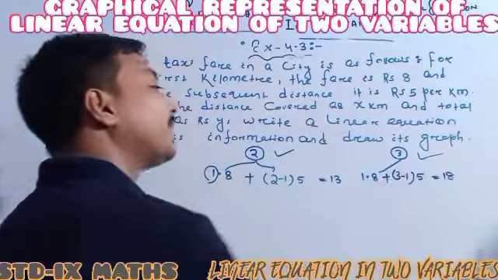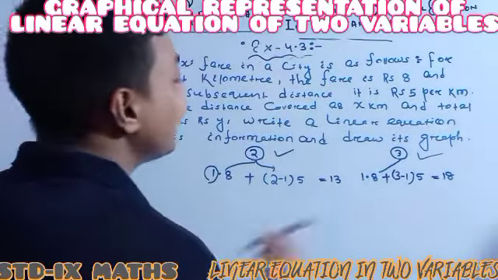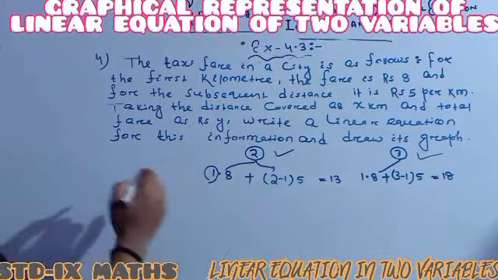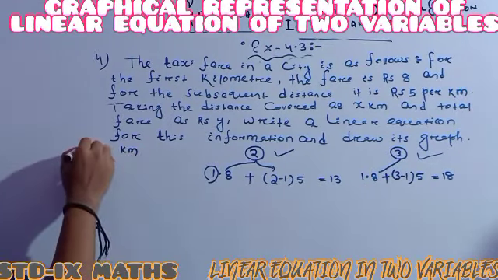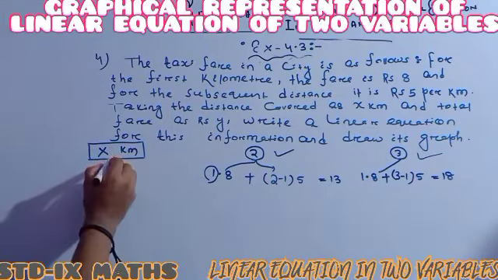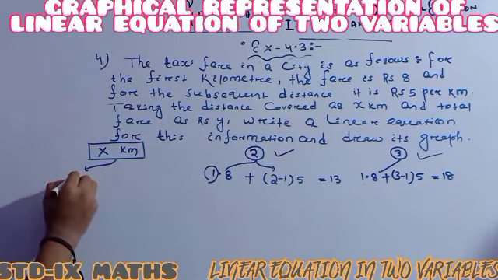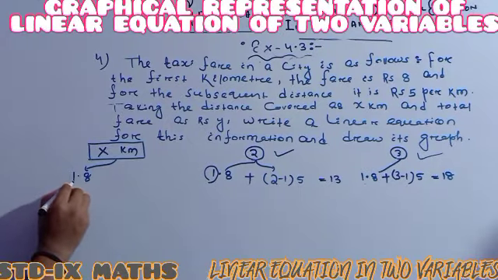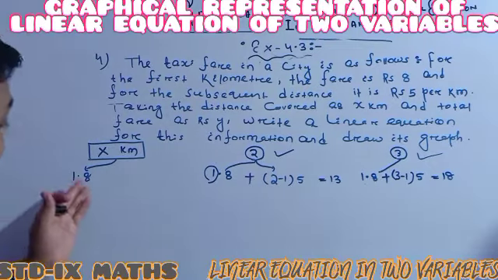This is one particular case, but here we have to formulate the general case. Listen, instead of 2 or 3, here it is given that suppose the total distance covered is x kilometers. Always the trick is, it was said that for the first kilometer you will be chargeable ₹8. So 1 kilometer means 1 into 8. You have to pay the taxi driver 1 into 8.